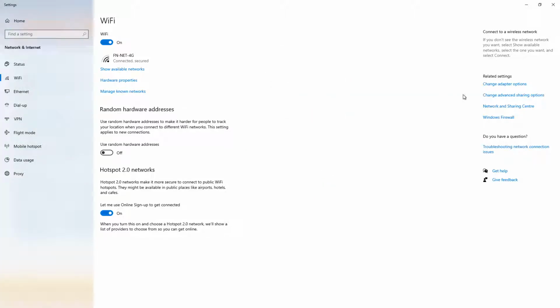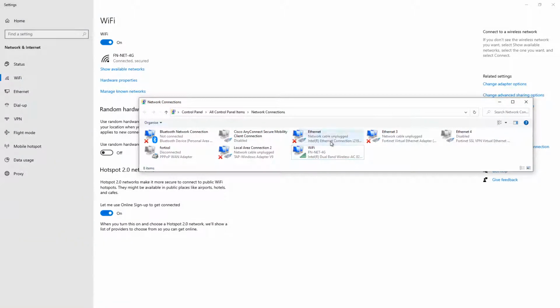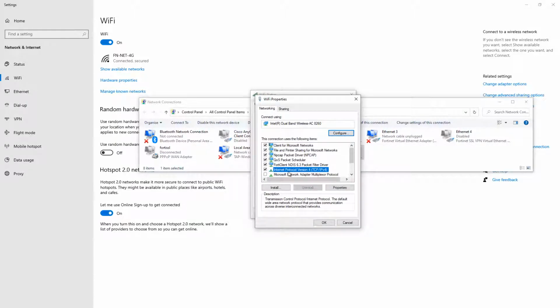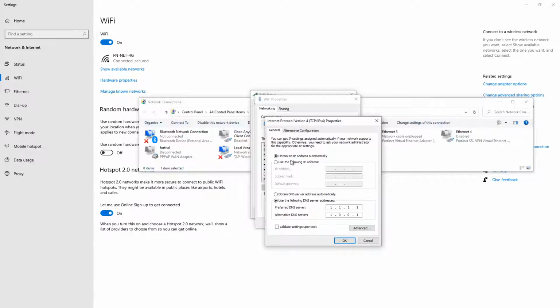I have two options. I can go to the network, change network setting, double click, and then go to the properties, and in the properties I go to TCP/IP, internet, and you can see I have two options: use the following IP and use the automatic IP. Now, if I have ten machines, I can assign the IP addresses myself, but I need to configure the IP address, subnet mask, default gateway, DNS server, all this information on ten machines, which may be easy, but if the network is changed, you need to reconfigure them.